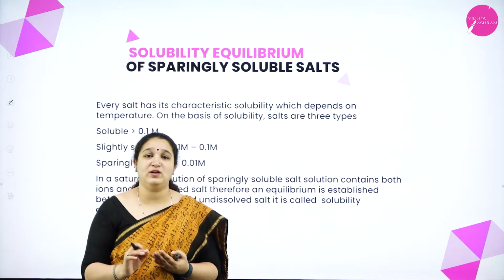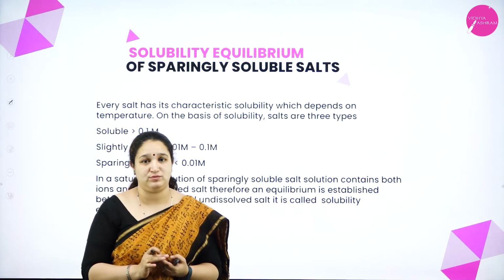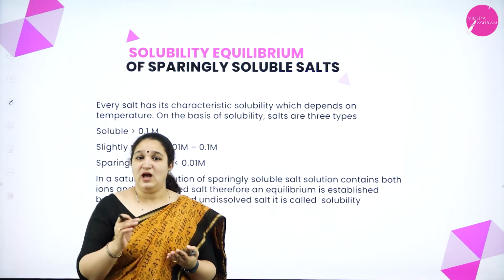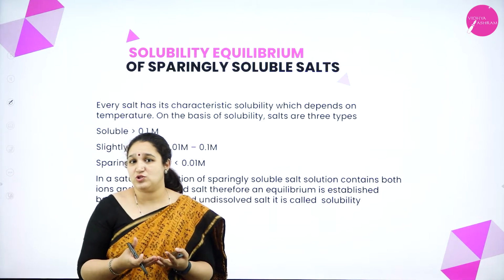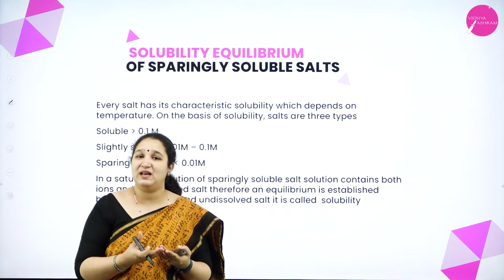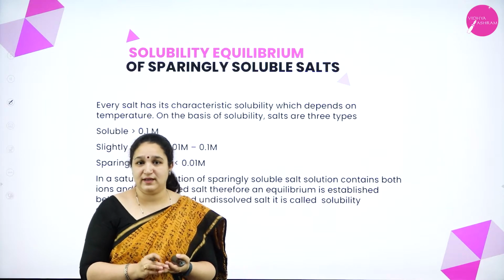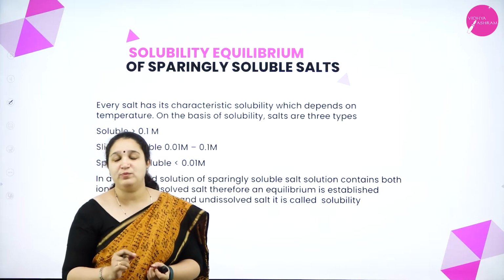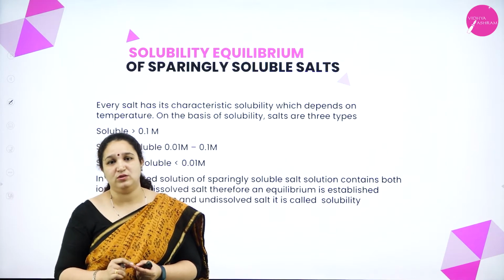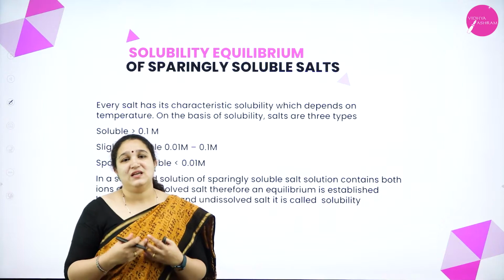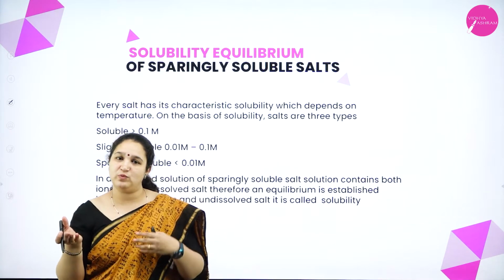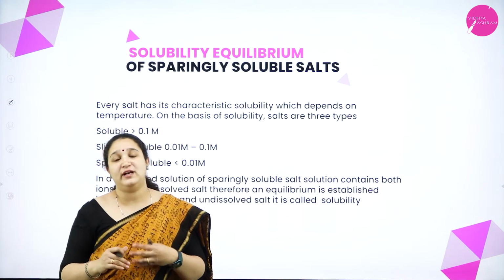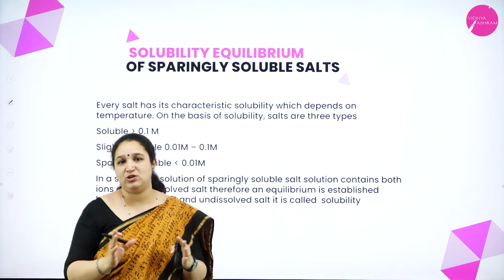And that time we call it a saturated solution. Correct? So, before that it was an unsaturated solution. And you can see in a saturated solution, some of the sugar molecules will remain as they are without dissolving. Correct? So, for every substance which is soluble in a particular solution, there is a fixed amount of the solute which can go into the solvent. You cannot add more of the solute into the solvent at one particular temperature.